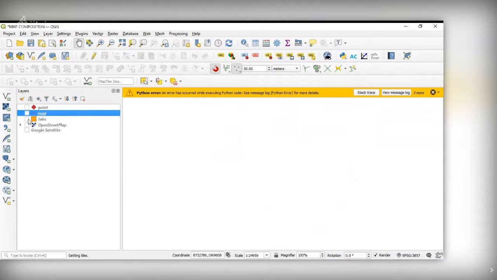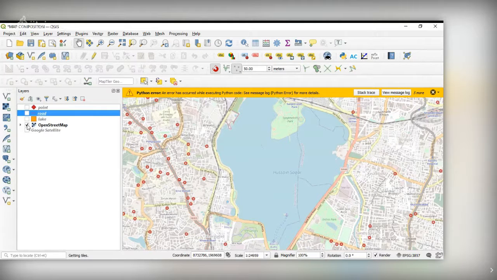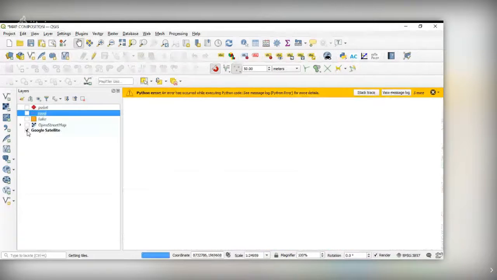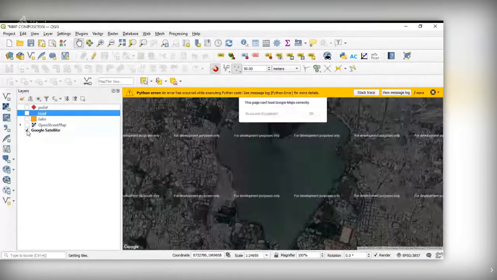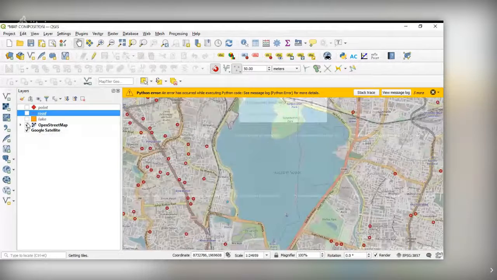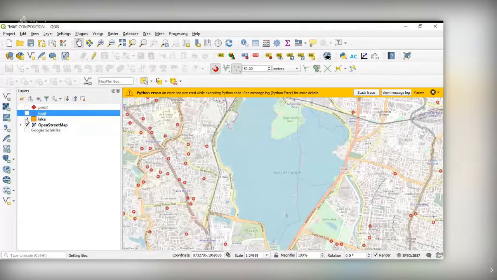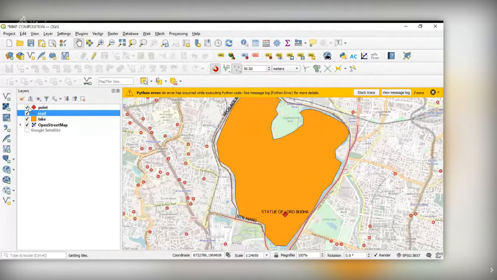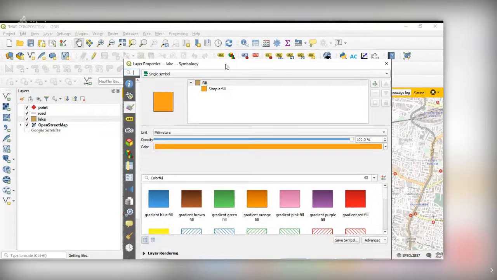And the base map is OpenStreetMap, and otherwise you can have a Google satellite map, right? Now having this Google satellite map or OpenStreetMap in the backdrop, we'll open all the layers, and we'll label the lake also.